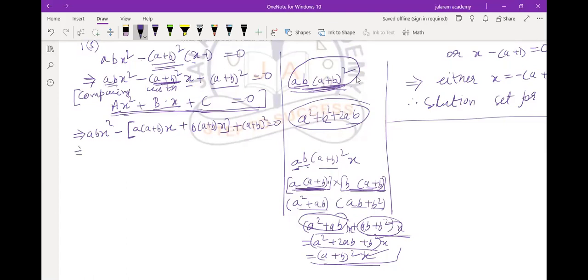So first we will open this bracket. Minus will be multiplied to the first term, so minus a into a plus b into x. But don't start multiplying this a with a plus b. Wait for some time. If it is required, we will multiply it in the next term. And again, this minus will be multiplied to the second term, so minus into plus first becomes minus b into a plus b into x. Is that clear to you?